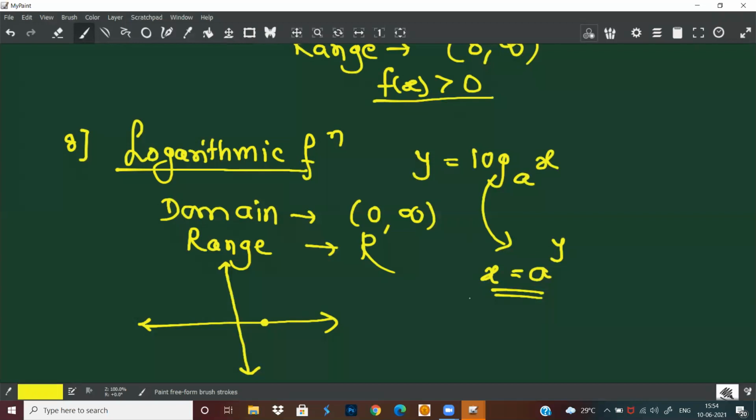Okay, so it will cut the x-axis at 1, 0, your function. It will go like this. This is 1, 0. Correct? It is f of x is log to the base a of x. This type of graph will come for a greater than 1. And if